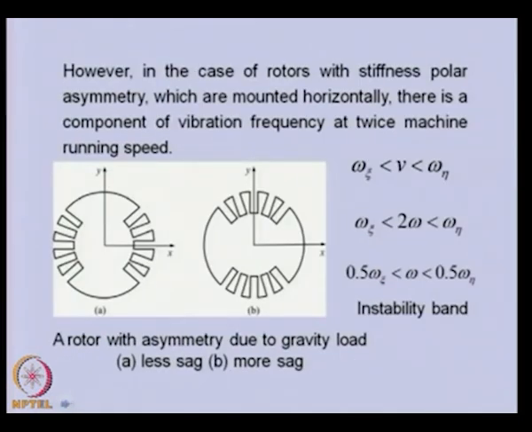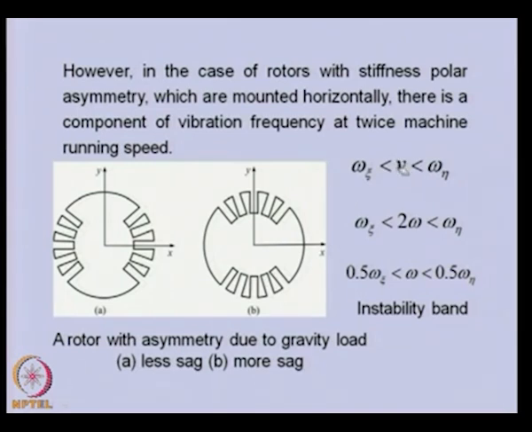This particular analysis we did by assuming that whatever the vibrational frequency is, that is the same as the spin speed of the shaft, but vibrational frequency can be different as compared to the spin speed of the shaft. So, for that particular case, the band which we obtained earlier, we took in this vibrational frequency is equal to spin speed of the shaft,